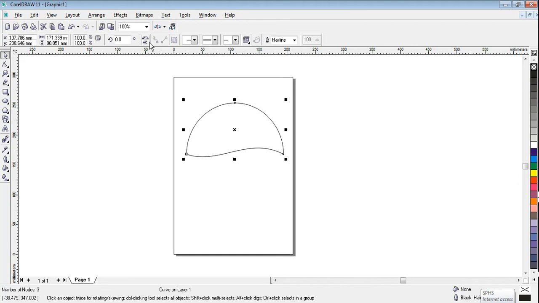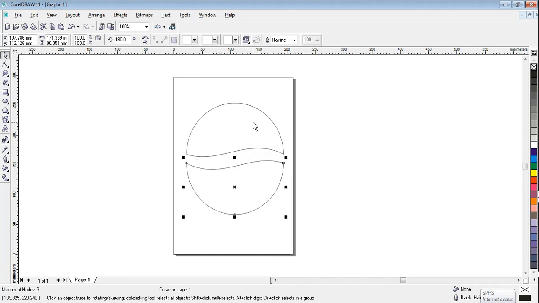Now let's go for the mirror buttons. Horizontal mirror button and vertical mirror button, that means left to right and top to bottom. Both the mirror buttons we need to use. How? Just click on the first mirror button and then I'm using the second mirror button. Okay, have you got what I have done? I've just copied this object and changed the angle of the shape, so that when I bring it down by pressing the down arrow button, I'm getting it down so that it will give you this effect.